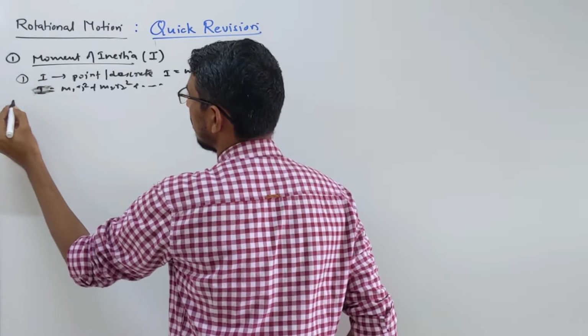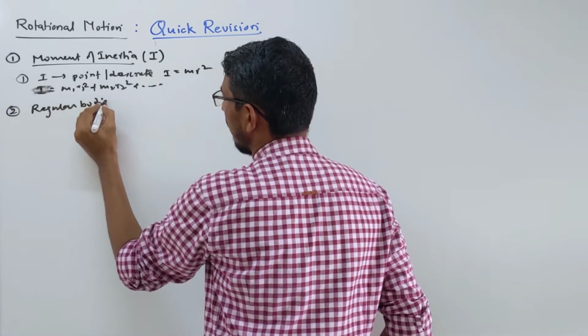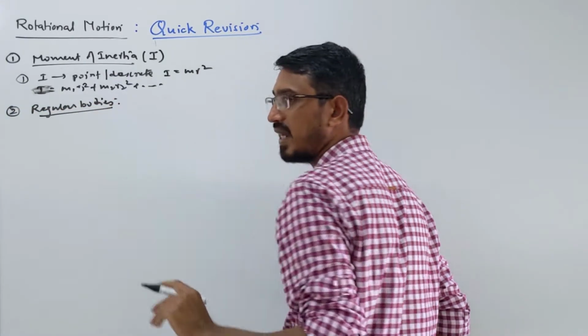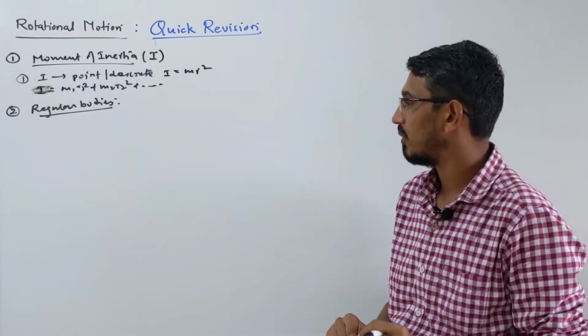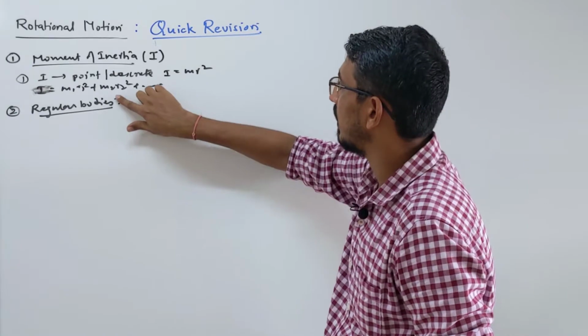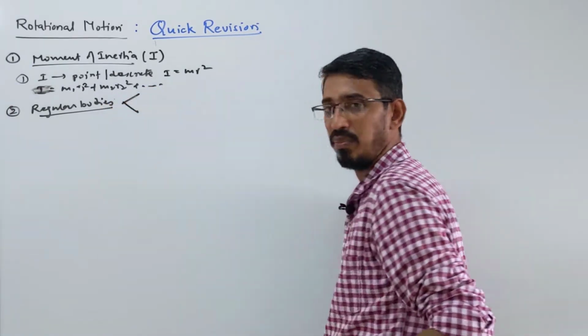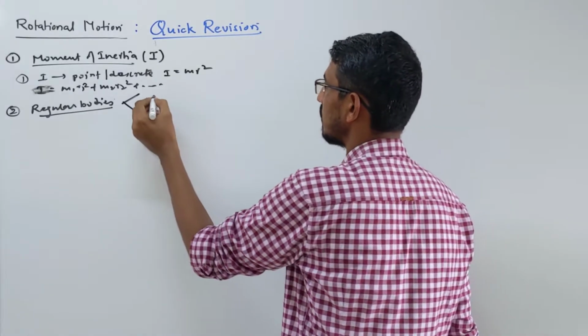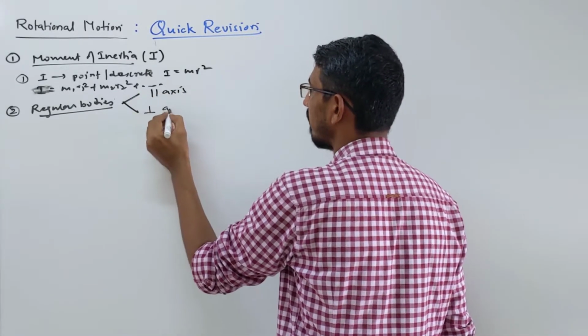The second type of equation we have done is for regular or symmetrical bodies, like a solid sphere. These 9 objects in total I have discussed already. Those are symmetrical or regular objects. For these we have 2 theorems, and we follow these 2 theorems to find the inertia about any point. The first theorem is called the parallel axis theorem, and the second is called the perpendicular axis theorem.